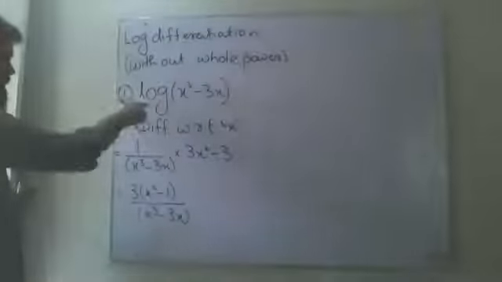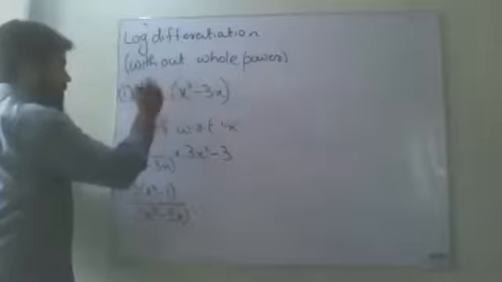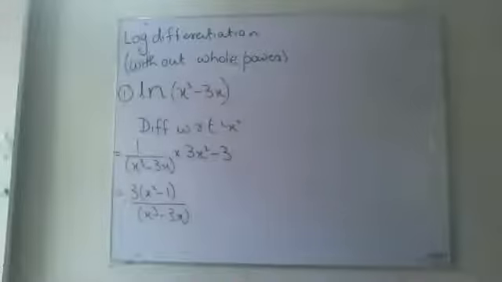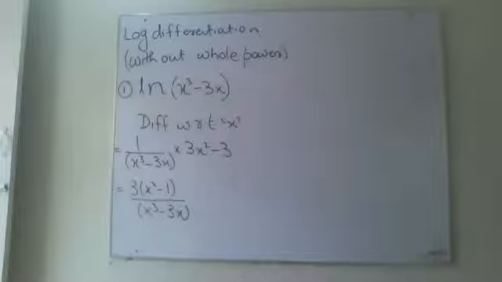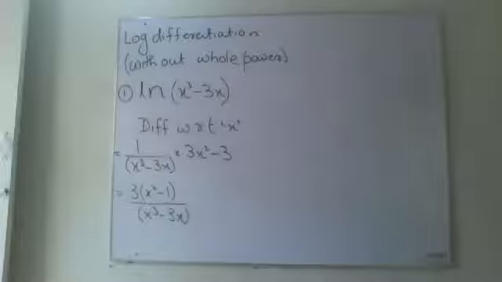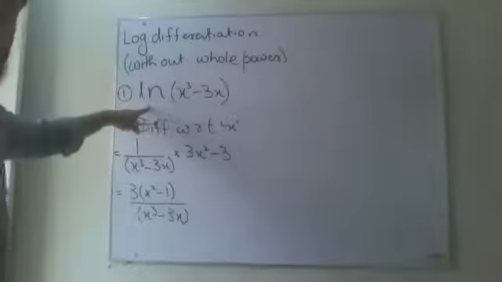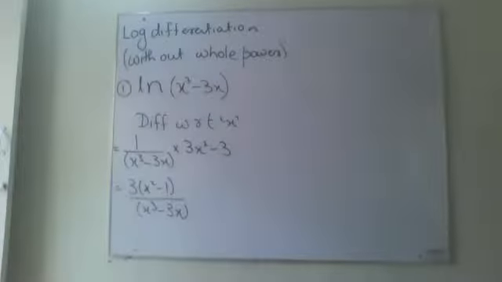They will not be giving us this log, they will be giving us ln, natural log. And for natural log, we know that the base is always exponential. In lg log, the base is always 10. I have written log in the start so you will not get into trouble. Now I'm telling you that you will have only ln, not lg, and in ln, remember that the base is always exponential.